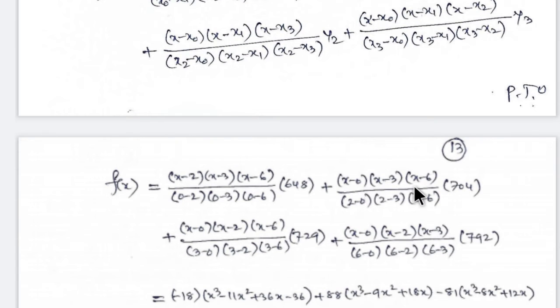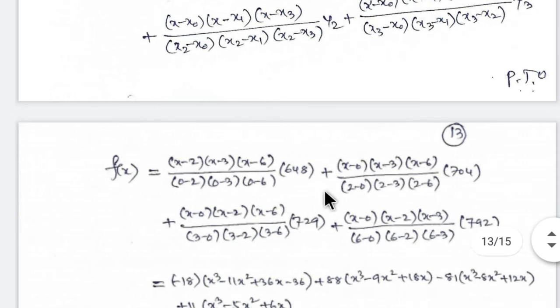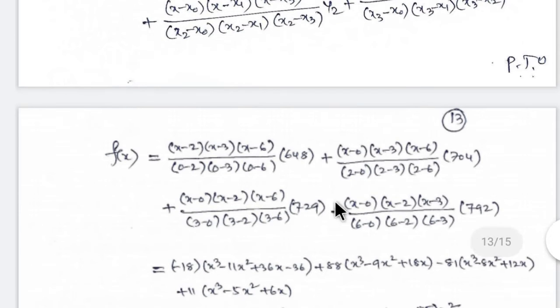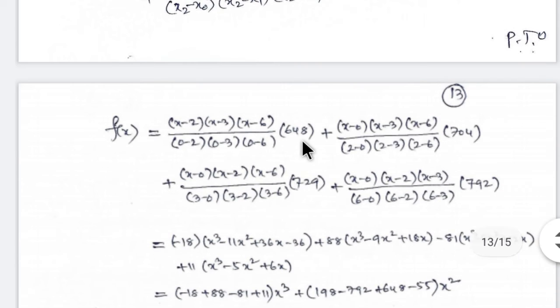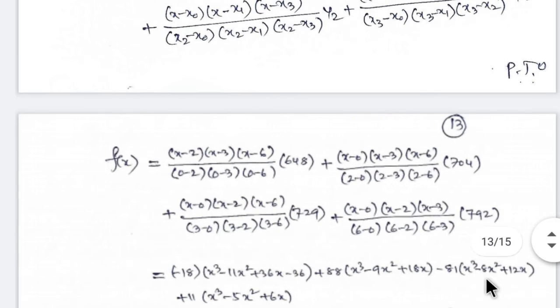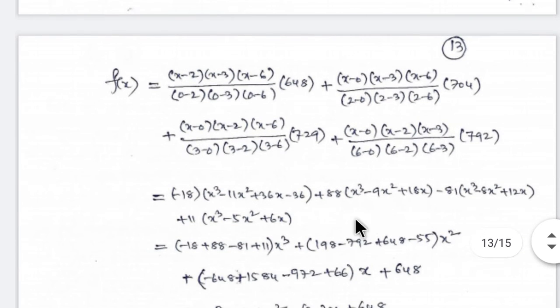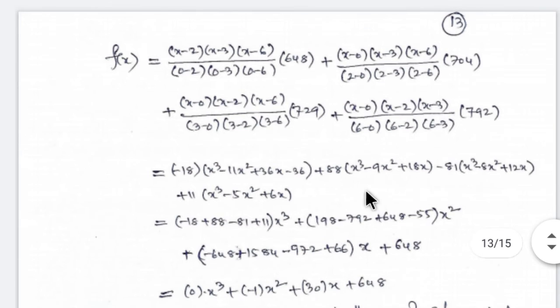So substituting all these values here, okay, wherever x naught, you substitute x naught, x1, x2, x3, all the values. In the same way, y naught value, y1 value, y2 value, y3 value, substitute here. So simplifying this by using calculator,